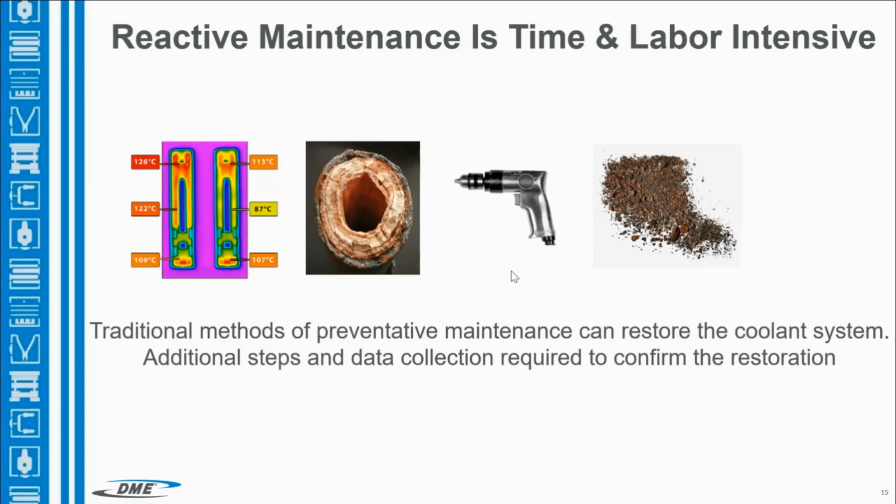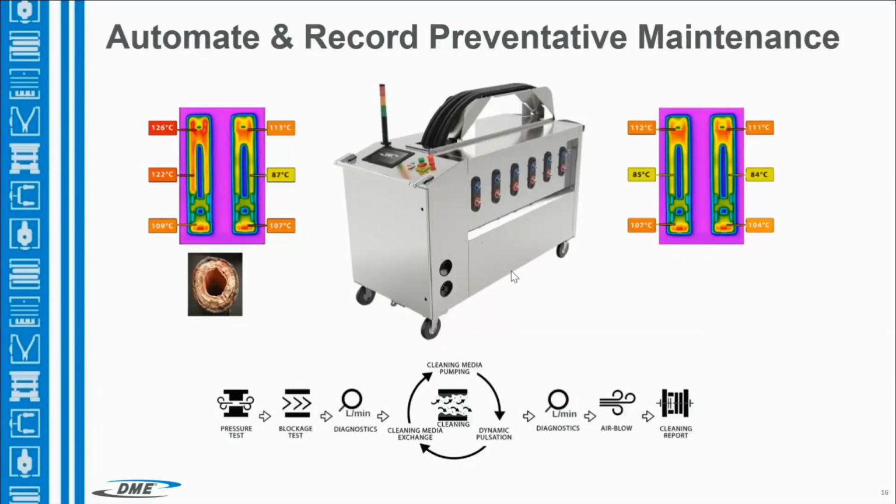So for traditional cleaning of water circuits, there's a host of ways to do it. An acid flush, drill. You could use an ultrasonic bath. All these manual ways of cleaning the system. But it doesn't tell you that you put that system back to the design intent. And as we try to get to this Industry 4.0 and this closed loop feedback, we've got to be able to give data back to the system that says we put this coolant system back to the design intent